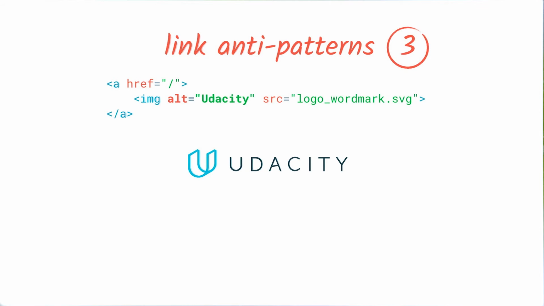We can fix that by using our usual alt text technique to make sure the link is exposed correctly to the assistive technology layer. Just make sure the image has alt text. So that takes care of making sure the screen reader can find the links. But we also need to make sure that once the link makes it into the links list, that it's also useful. We do that by making sure its text is descriptive.